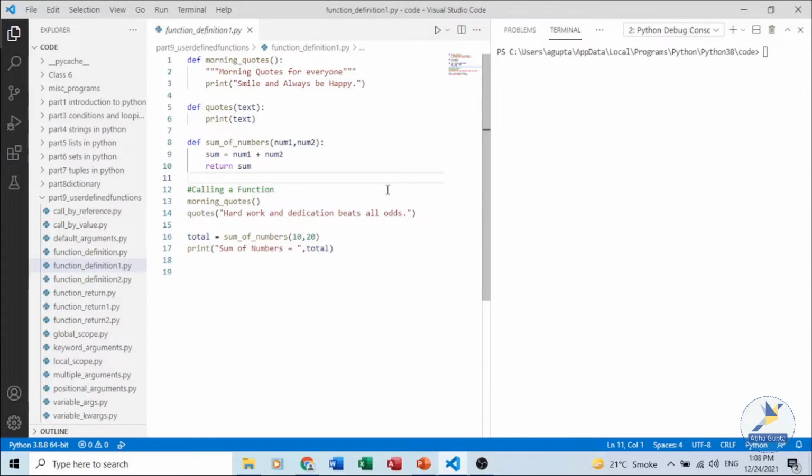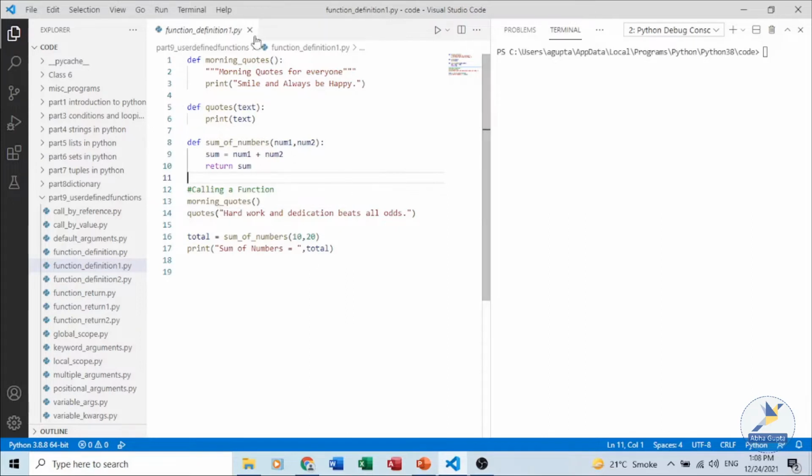To call a function, we simply type the name of the function, the same name we used to define it, and if we have arguments, we pass them. When the program gets executed, it will show you the result.